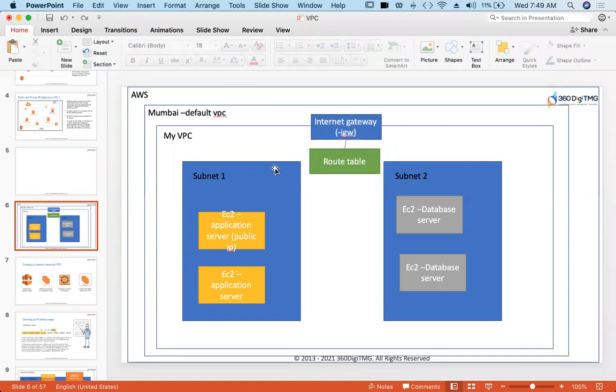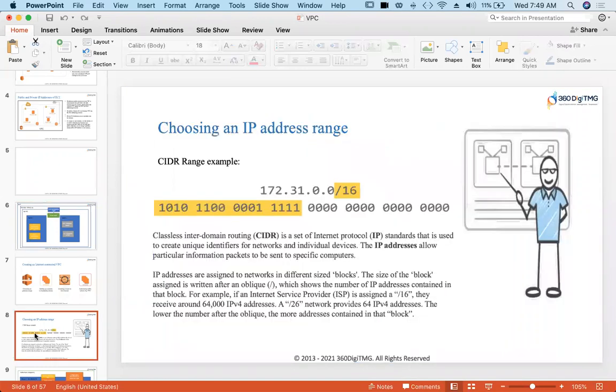And we have something called a CIDR range, which we will use now to create our VPC. We know all the devices which connect to the internet will have something called an IP address. Even your laptop, your phone will have IP addresses.